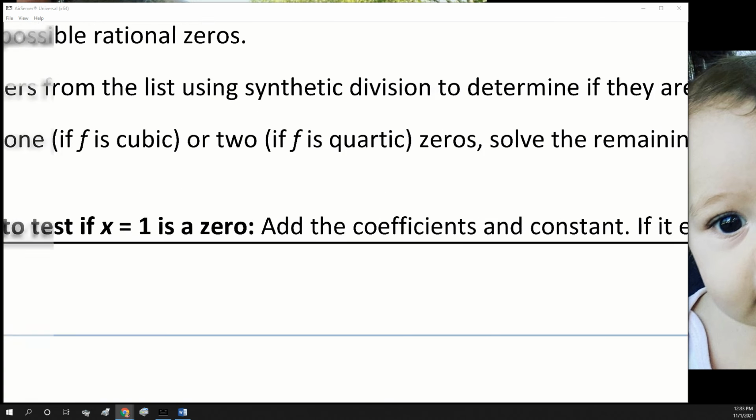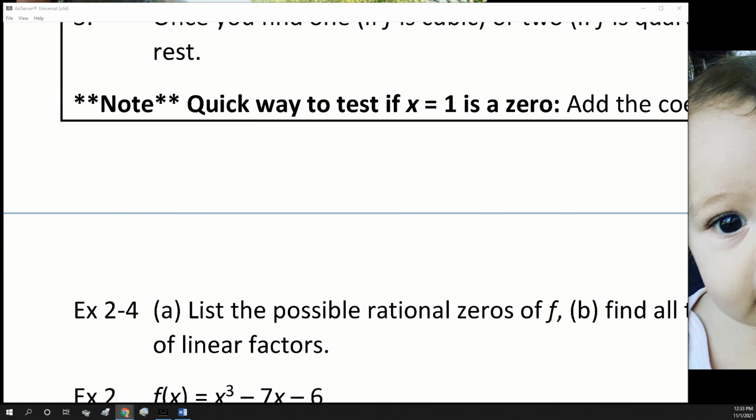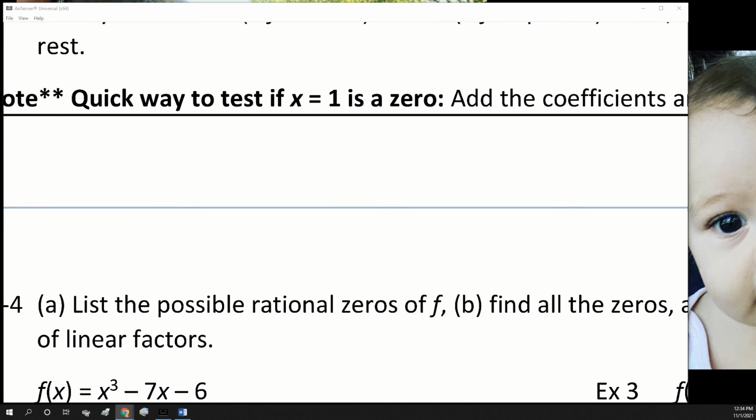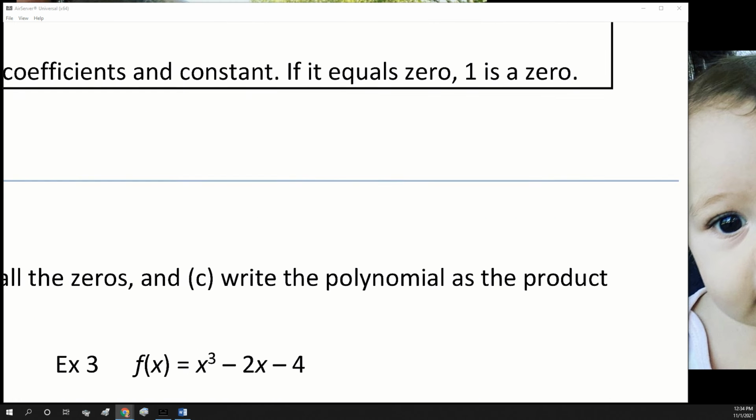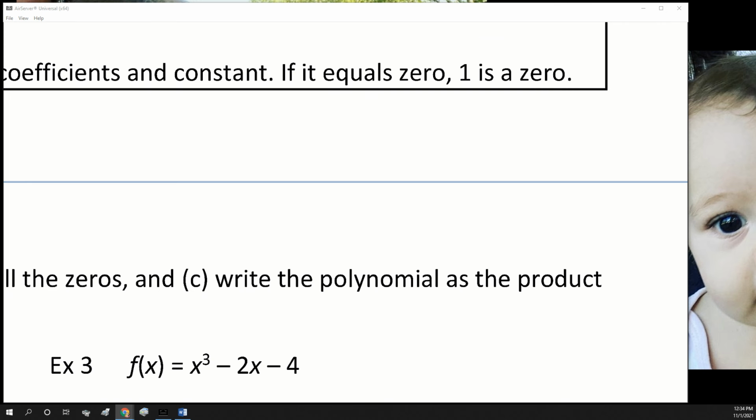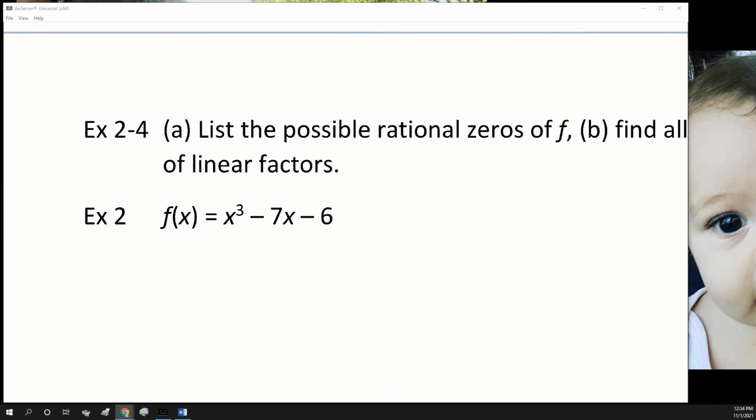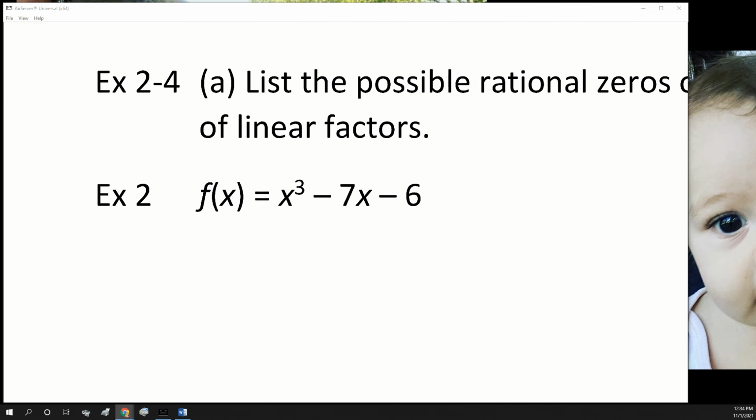All right. Now there is a shortcut to figure out if 1 is a 0, because you are just guessing. You are just looking at that list and making a guess and then testing it to see if it works. But 1, you don't have to guess. So to check 1, all you do is you add the coefficients and the constant. If it equals 0, 1's a 0, and you just go ahead and work from there. Right? So on example 2,